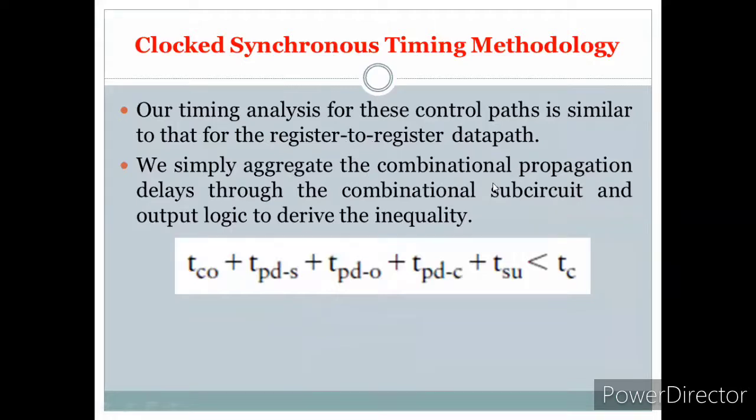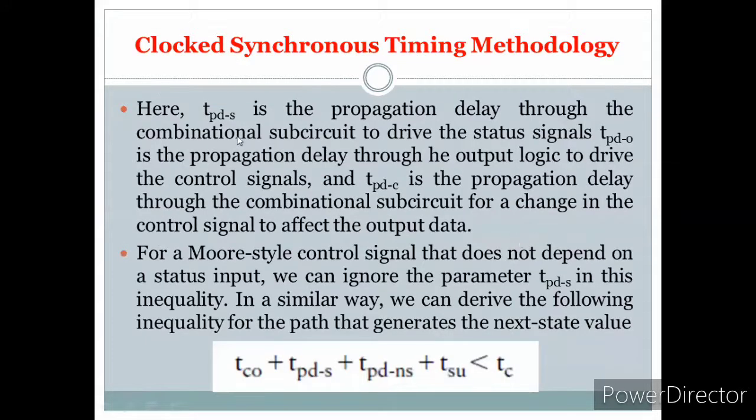So we simply aggregate the combinational propagation delay through the combinational subcircuit and the output logic to derive the inequality. Here TPDS is the propagation delay through the combinational circuit to drive the status signal. S stands for status signal and O stands for output logic.